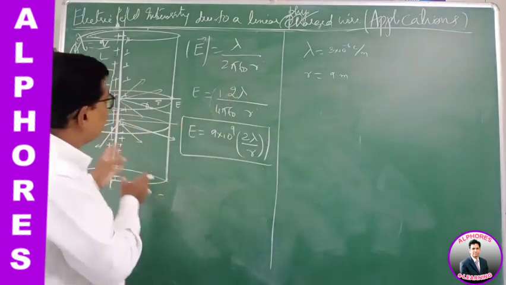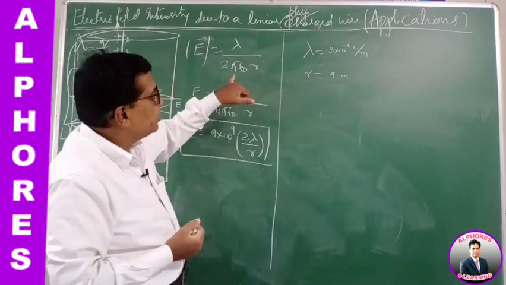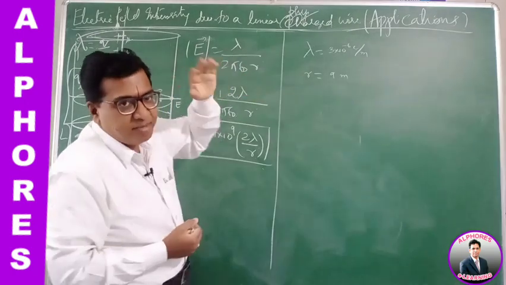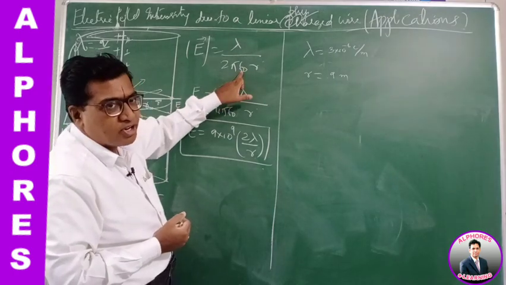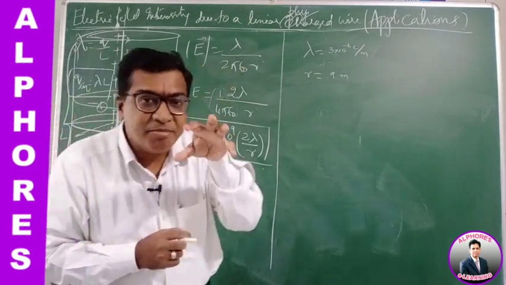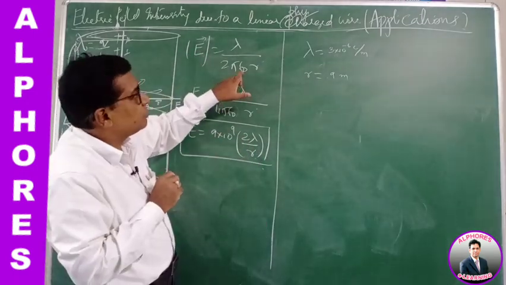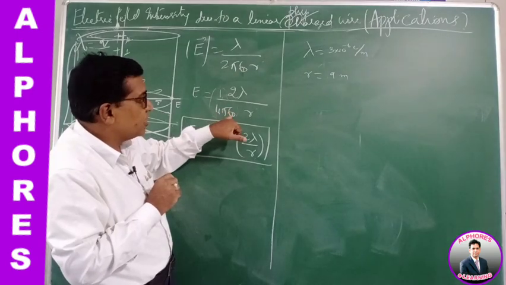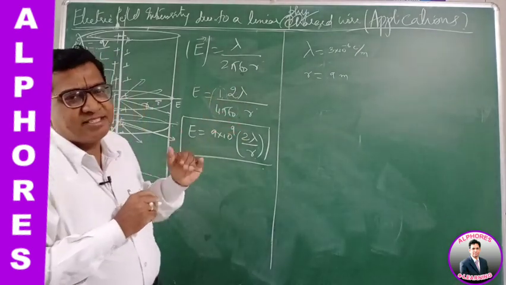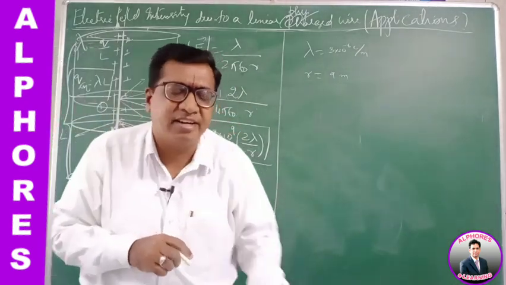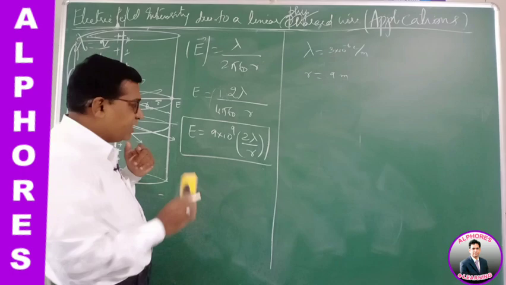Suppose this charged wire is in a dielectric medium. We know in a dielectric medium the epsilon value, the permittivity, we have been learning for many charges, point charges, dipole, all this we have learned. When it is in air, it is epsilon naught, the electric permittivity of free space. If it is in a medium, it is epsilon, which is k times epsilon naught. So here instead of epsilon naught, you should write epsilon, that is k epsilon naught. So the electric field will be k times less. It is known that for any charge in any dielectric medium, the field will be k times less. It reduces k times.